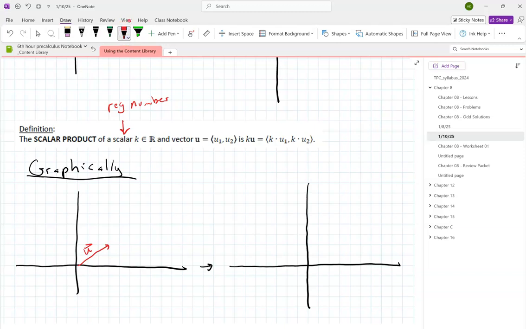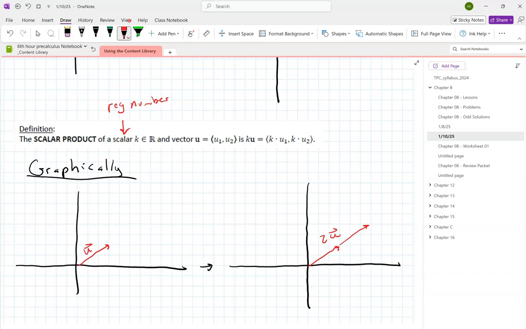My vector here is 2u, where it's essentially the same vector, it's just now like twice as long. Has the direction changed when I've done this scalar multiplication? No, right? That vector is still in the same exact direction,